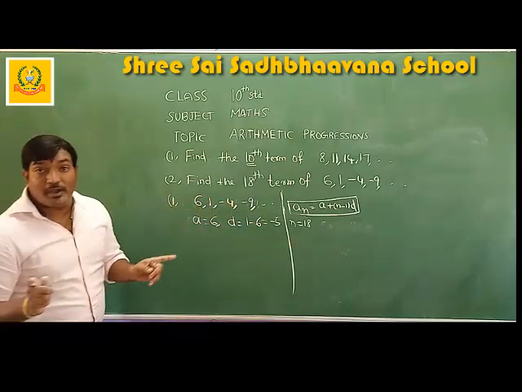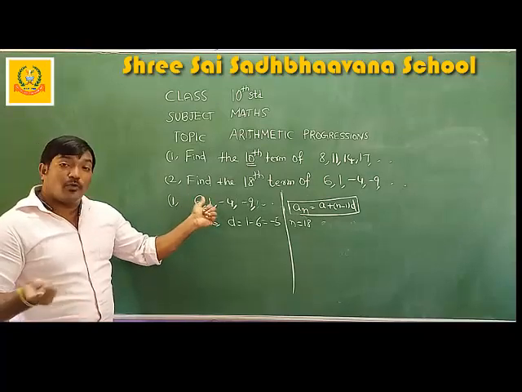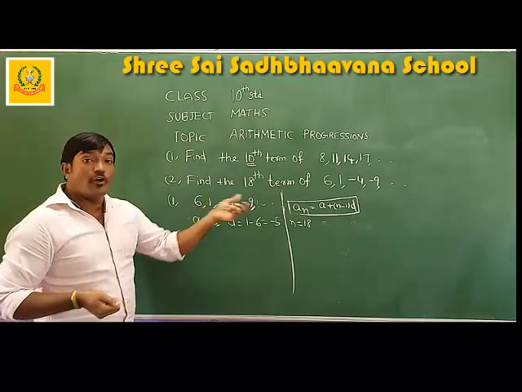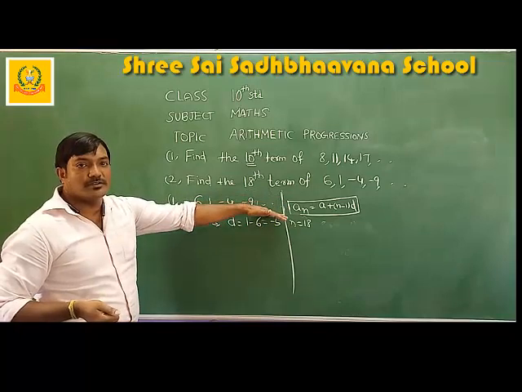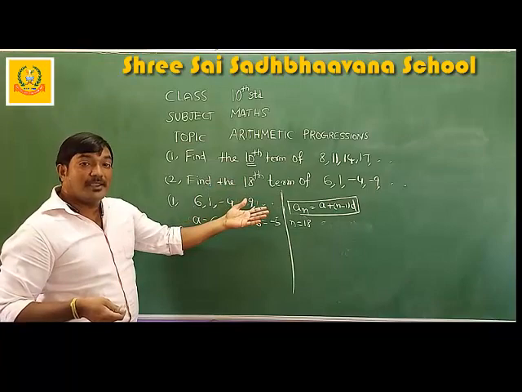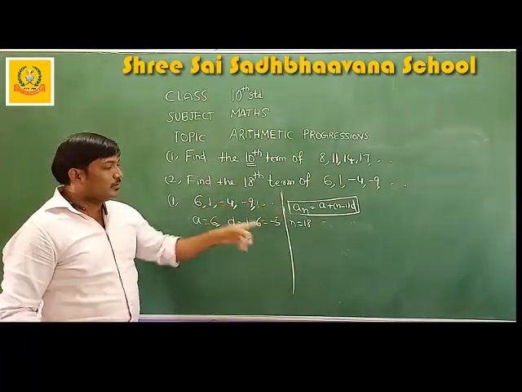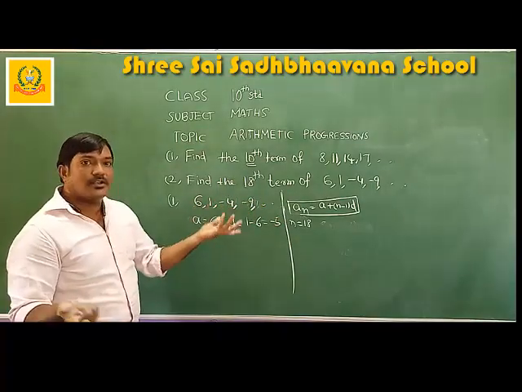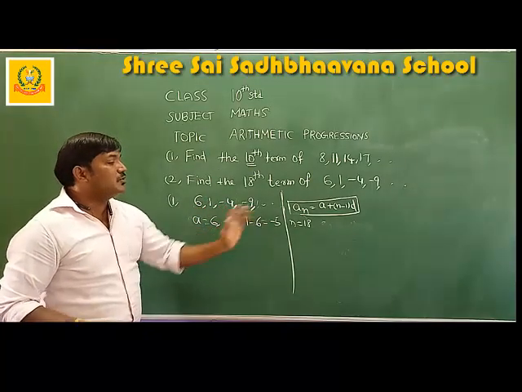And one more thing you have to understand: you have to check the common difference for 2 or 3 cases. In some problems, the common difference will not be the same. There you can write that this is not an arithmetic progression, so there is no need to proceed further. Sometimes they may give a progression which is not arithmetic. For example, in the first 2 cases you get -5, but in the third case you might get +5. Then that is not considered an arithmetic progression. So understand, the common difference should be the same.